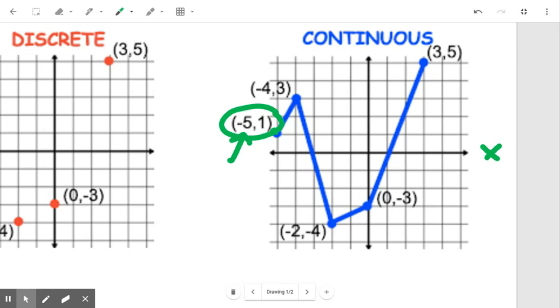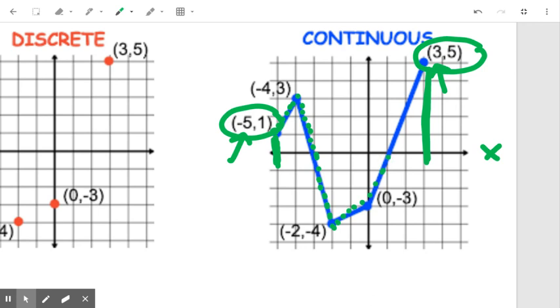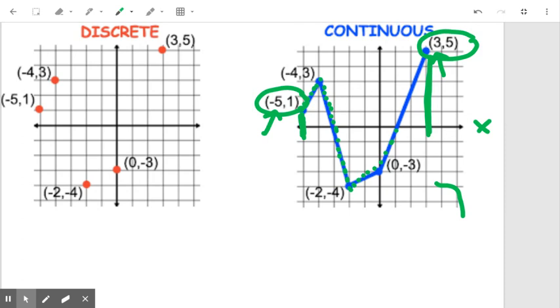My farthest to the right point is this one up here, and my x there is 3. So I know my graph goes from -5 over here to 3 if I think about my x-axis. And I know, because these lines are connected, that everywhere along this line in between there's an x on that blue line. So in order to write the domain for this, what I have to do